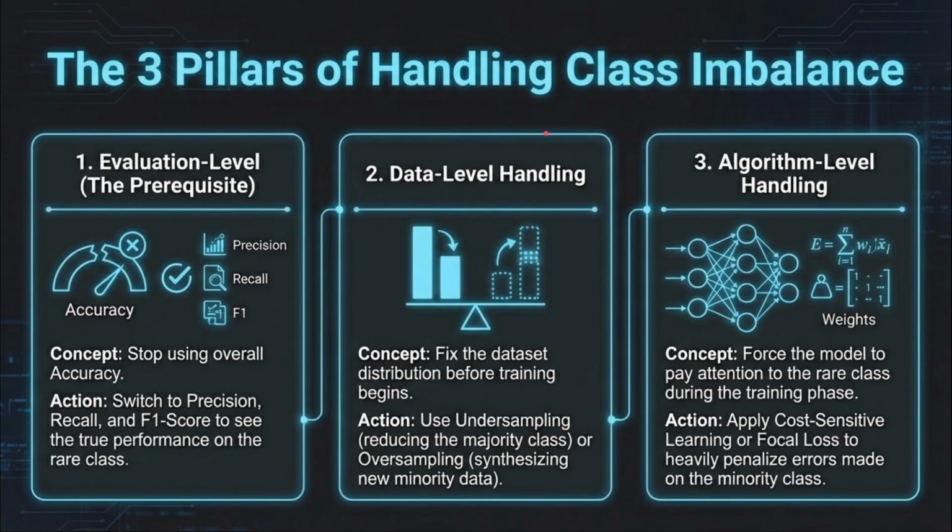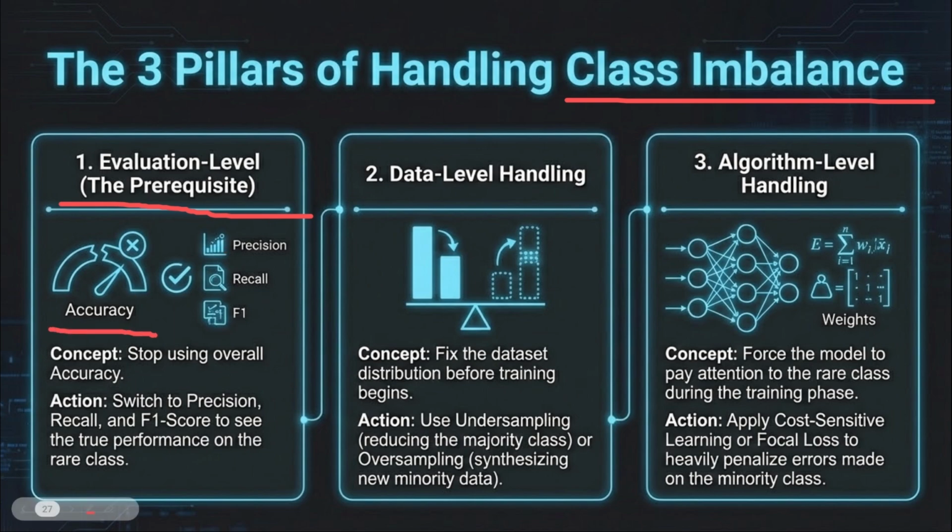And class imbalance. This is the interesting part. The three pillars of handling class imbalance: evaluation level, the prerequisite. Whenever you train an ML model on something, you cannot check the accuracy as a